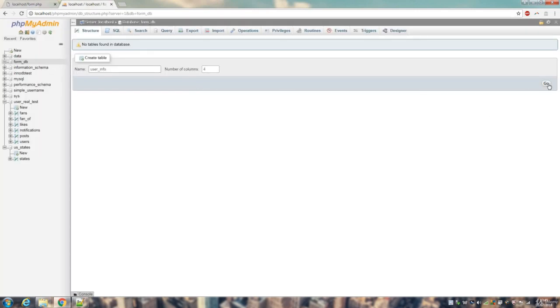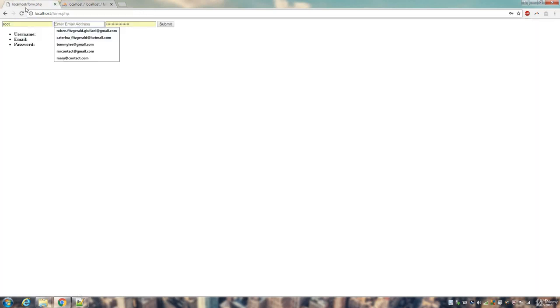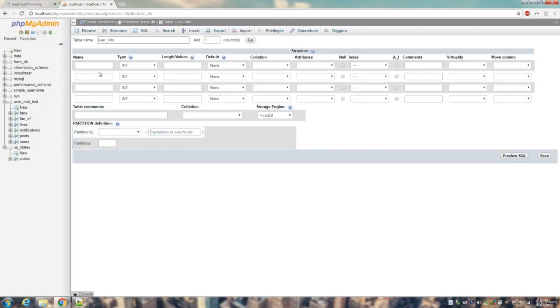So that's going to be 4 columns, so we can say go, and that's perfect. So here then we have to enter the different names of the columns that we're going to be using. Basically here we're just constructing a table that the info the user types in will be put into. So the first one will be called ID,